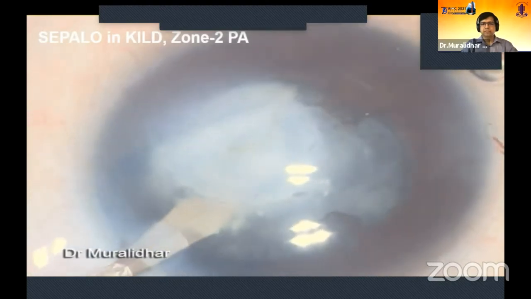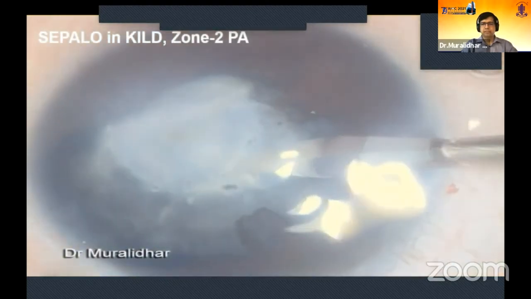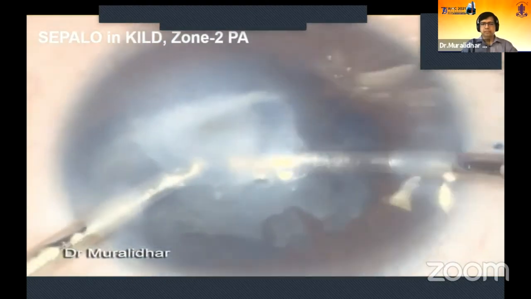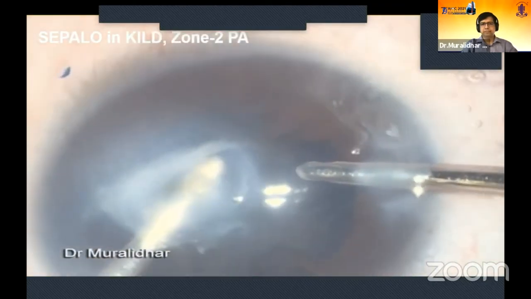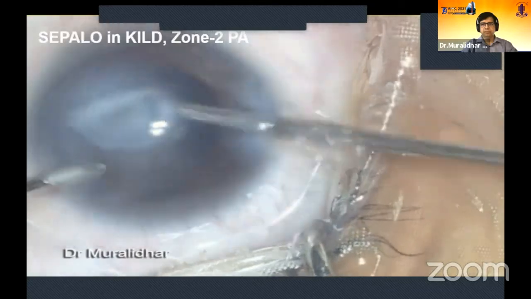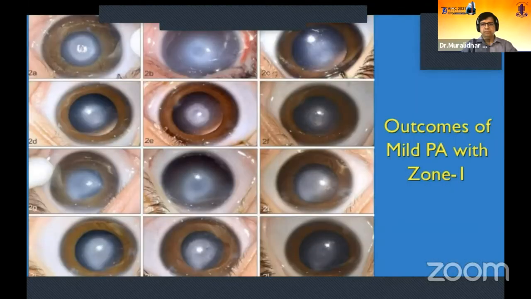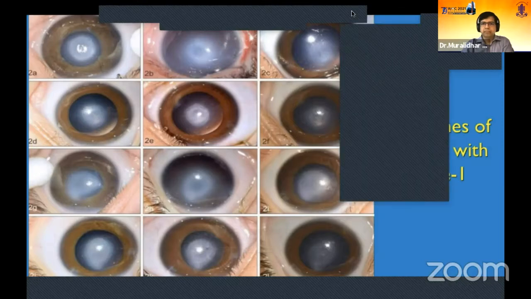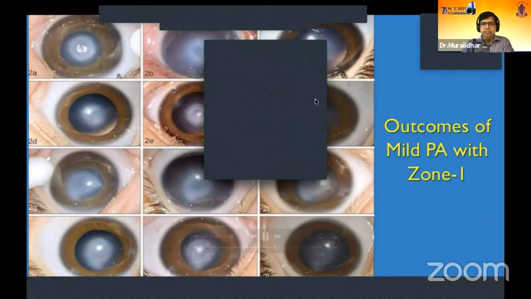Type 2 Peters anomaly, wherein additional lens aspiration along with sphincterotomy was considered in view of a large corneal opacity. The sequential picture collage of a milder variant of Peters anomaly, right and left eye of the same child, showing the postoperative corneal edema resolution with scar remodeling as observed over an 18-month period.